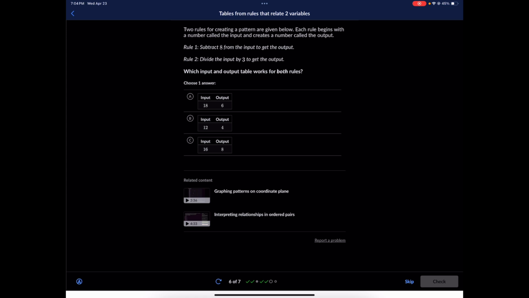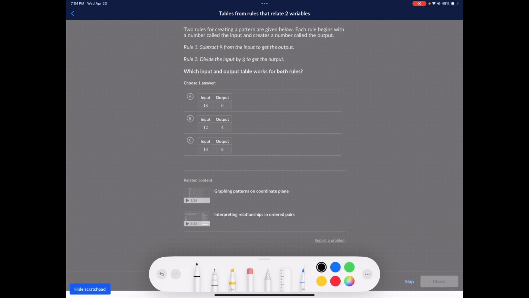Now, even with one rule, we can eliminate choices here. So let's try it out. We have input, and now we want to subtract 8 from the input. So we're subtracting 8, and what does that give us? 10. So now we have 10, and the output of that will be 6. So 6 is the output, and 10 is not equal to 6. We can immediately eliminate answer choice A, even with only one rule, which means now we're down to 2 choices,